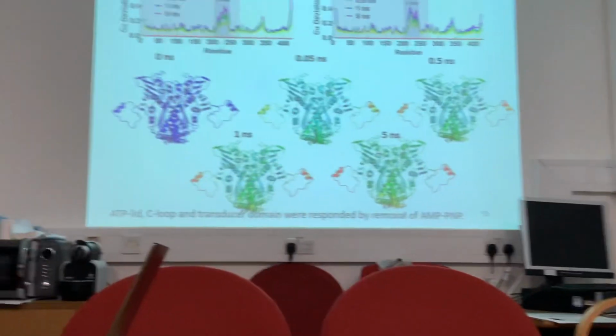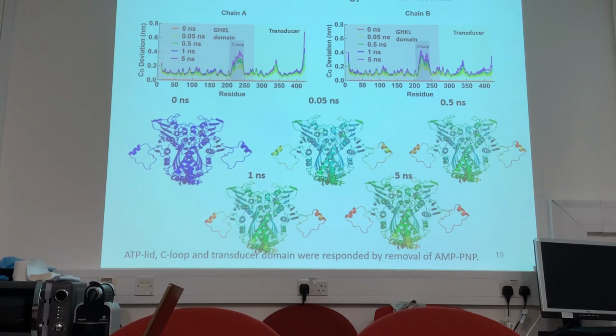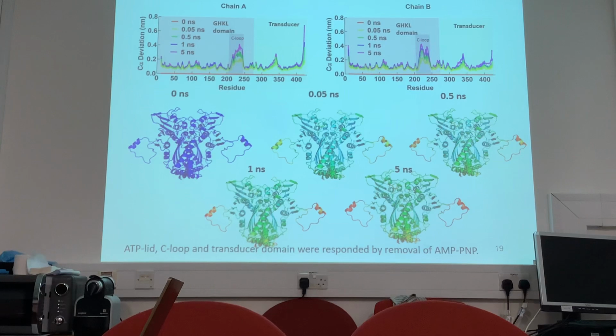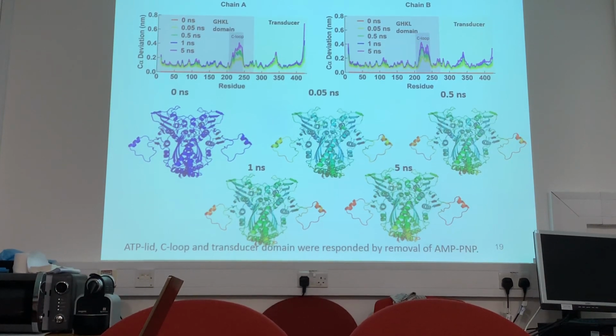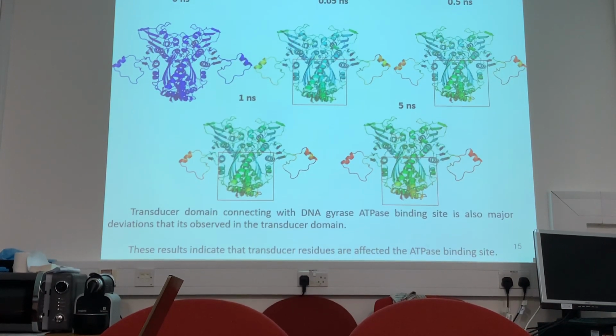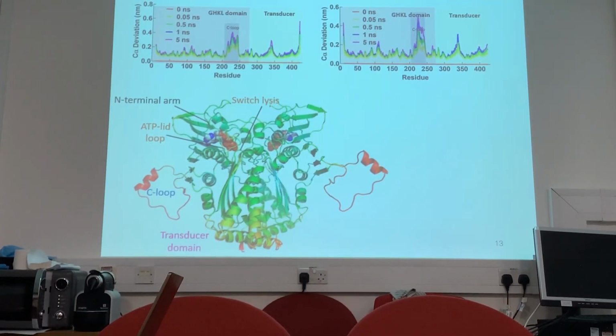But in the AMP-PNP case, I think it's the same. Is it the same regions? For the ATP, yes. Same regions. Can you put the other one up? Can you now jump into the ATP so that I can just quickly look? Oh wait, no, the plots. I'm sorry, I was looking at the plots. But this is ATP. Yes. So there's this region here